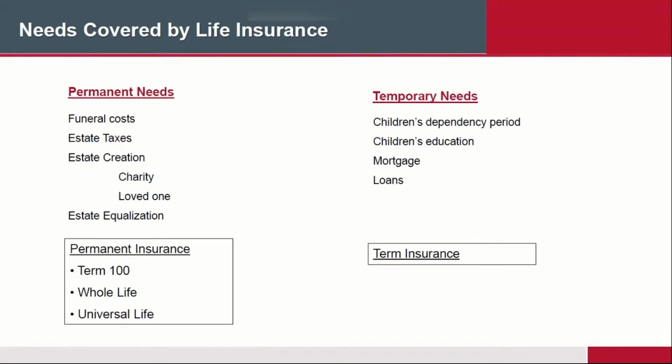Okay. So the 3 different products that are available for permanent insurance: Term to 100, whole life insurance, participating or non-participating, of course, and universal life. Okay, those are your 3 main permanent insurance products that expire basically the day you expire, but they will never expire prior to that. Okay,